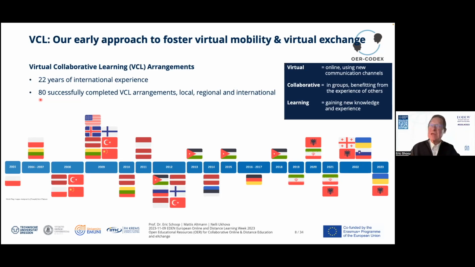Participating students, as we can see in this colored picture, come from all over the world, coming together into multinational learner schools, working virtually, collaborating, learning from each other, and understanding learning as gaining new knowledge, new experience, new skills, even outside the basic knowledge and professional context they are working on.